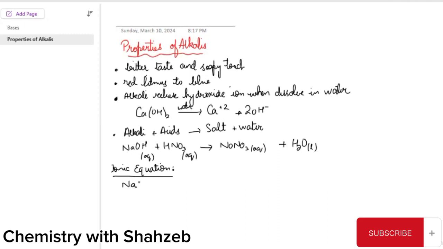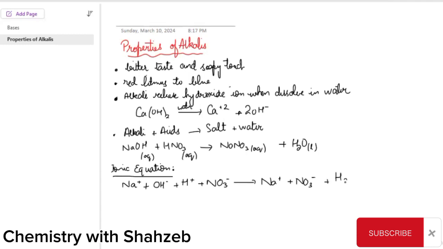Sodium is Na+, so this is broken, and there is the OH- ion, plus nitric acid is also split up into hydrogen ion plus nitrate ion, NO3-, and they form Na+ plus nitrate ion